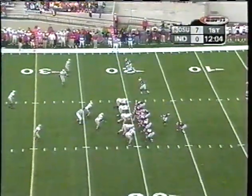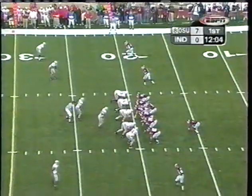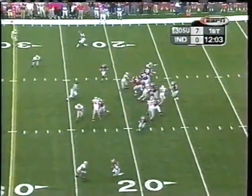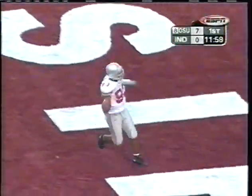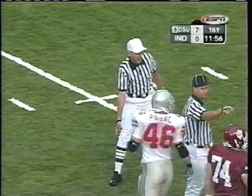This is a great lead for this defense. They're not used to being up early in a football game like this. Usually they're running on the field, telling the offense to hold them until they get back. And LaVecchio, the quarterback, sacked. It's going to be ruled down. There is no fumble on the play. Matt LaVecchio